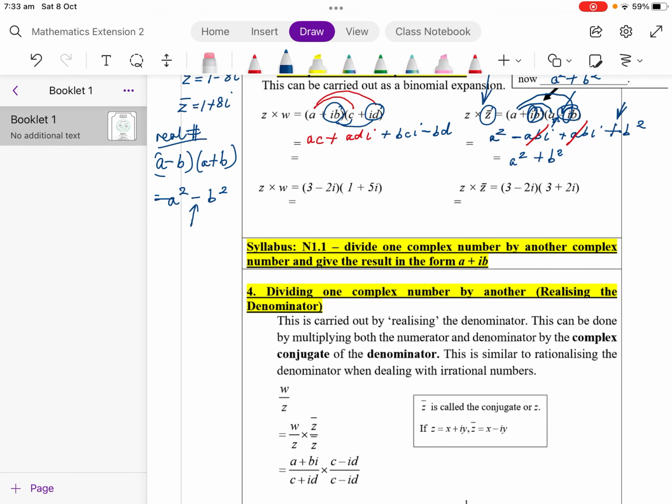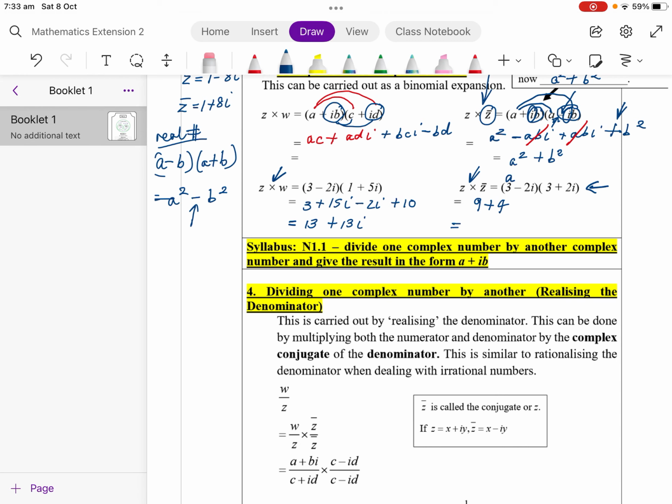So pause the video, and I'd like you to multiply both of these sets of complex numbers. Over here I've got the difference of two squares. Hopefully you can see that. And let's check our answers once you unpause. Okay, and then here I hope you can go straight to 9 plus 4, because what I want you to